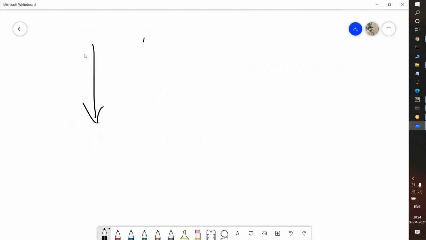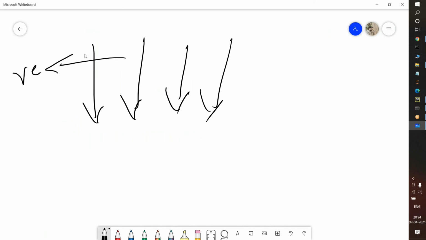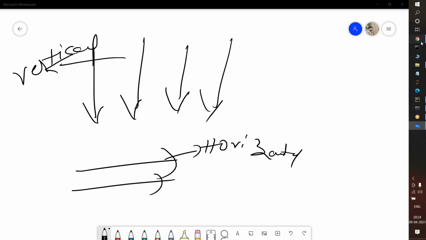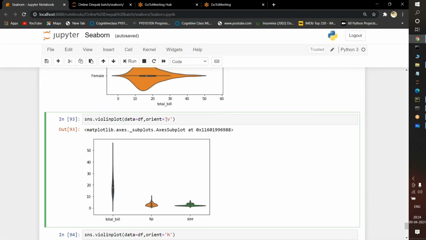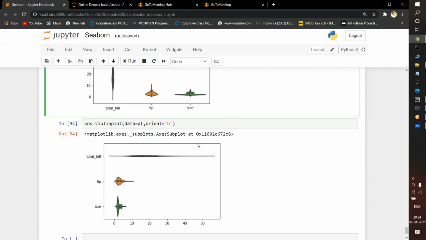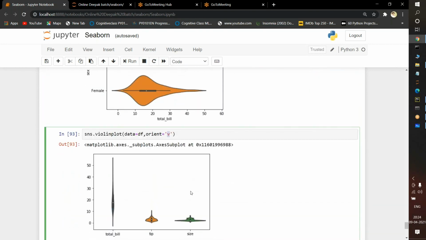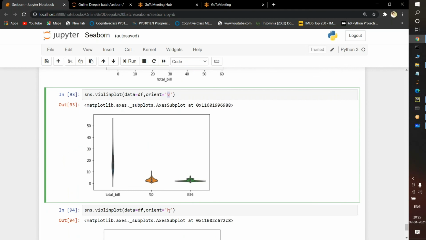Plotting the data in the format of this line is known as vertical, and this type of plot is known as horizontal. So what I am doing here is passing orient equal to v, which is the vertical way. If I pass h, the data will be in another format, horizontal. Simple. If you pass v here, it is vertical. If you pass h, it is horizontal.